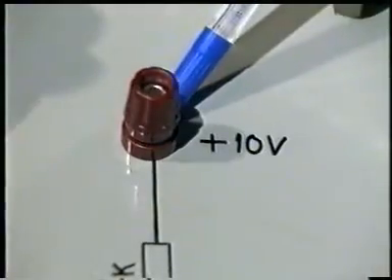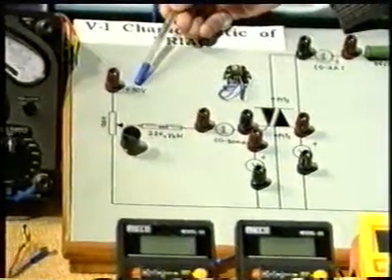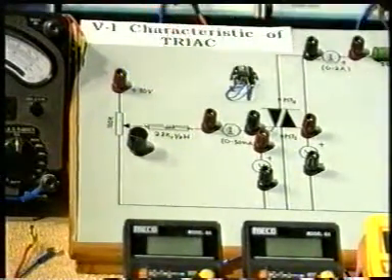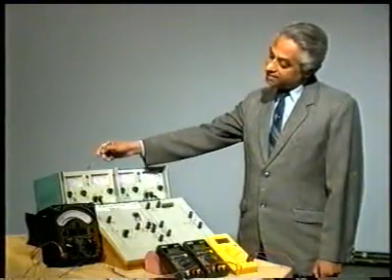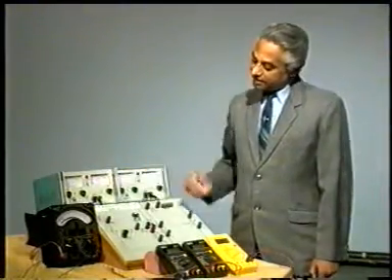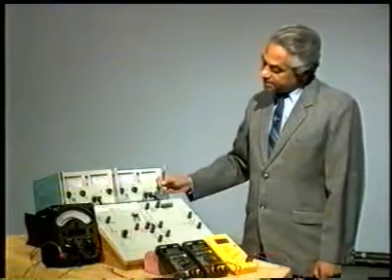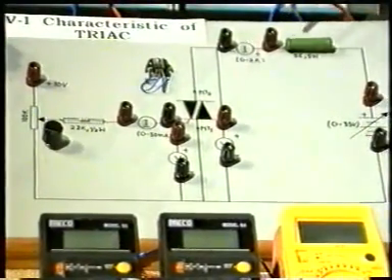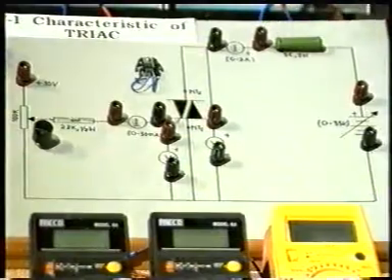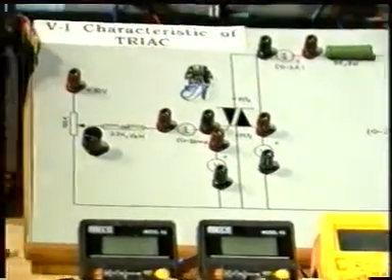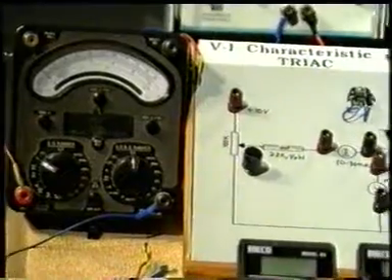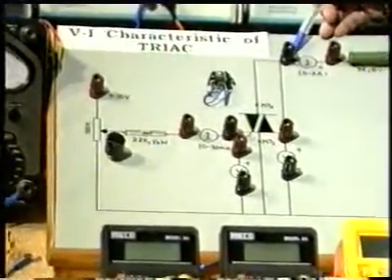This is again a positive 10 volt, it is written here. So this is meant for a positive 10 volt supply, and this voltage is obtained by this power supply, and this is to be given at the gate of the device, that is triac. These are the 2 terminals, this is positive, this is negative. Here again we are going to connect an ammeter. So this analog multimeter which is going to be used as an ammeter will be connected across these 2 terminals. Of course this is the positive, this is the negative.